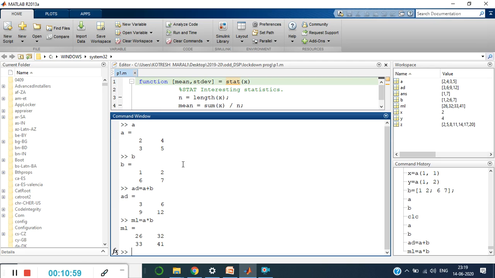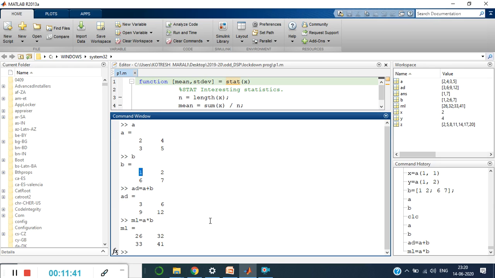So you can cross verify your matrix operations here. That is 2 into the first element of B, 2 into 1 is 2, plus the first row second column, 4 into the first column second row, that is 6. 6 fours are 24, 24 plus 2 is 26, that's the answer.